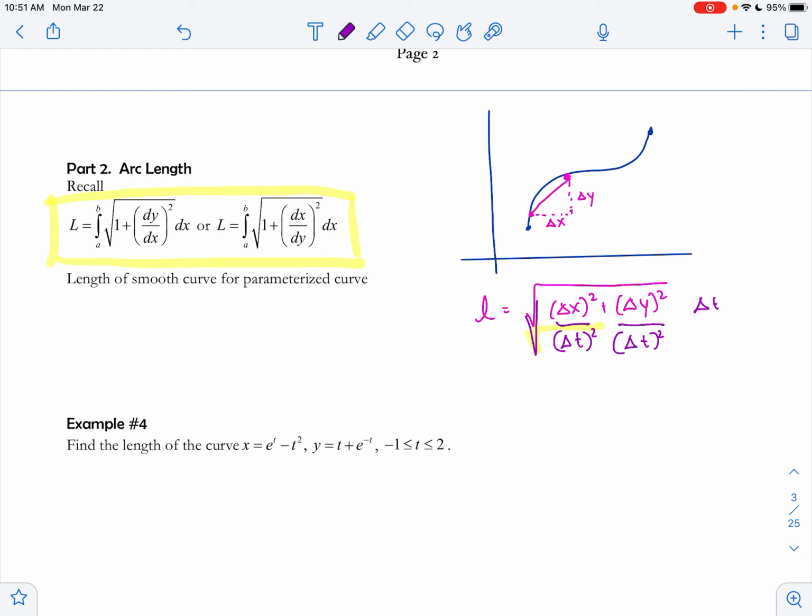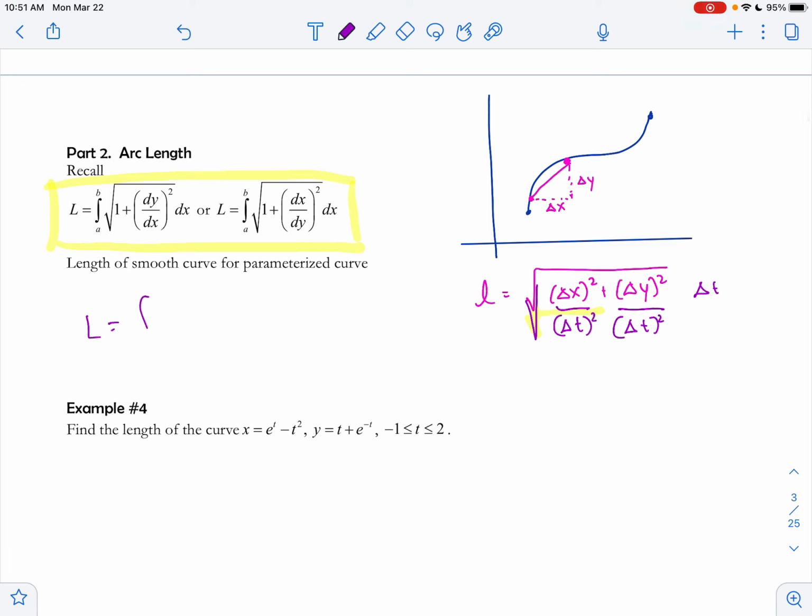Now, if we divide the larger segment into smaller segments like the pink segment, but make them even smaller, we're bringing the points together, reducing the distance between the two points, and eventually going to infinity. So we approximate that using an integral, the integral for summation, summing up an infinite number of those segments. The third formula that we're going to have for arc length is the integral from t equals a to t equals b,